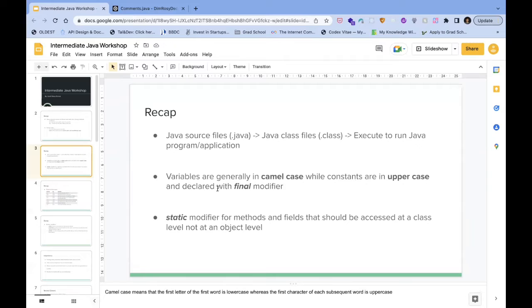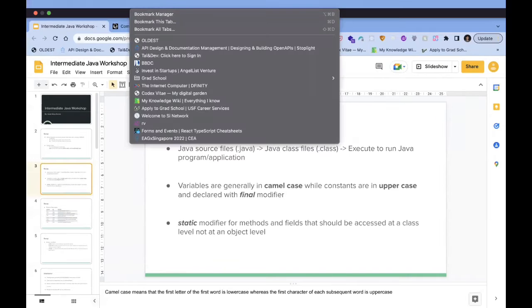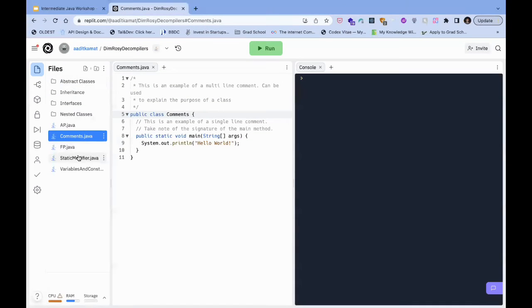Another thing to take note is that variables used in Java programs are generally in camel case, which means that the first letter of the first word is in lowercase, while the first letter of the subsequent words are in uppercase. On the other hand, the constants consist of all uppercase characters, and they're declared with the final modifier. You can see an example over here